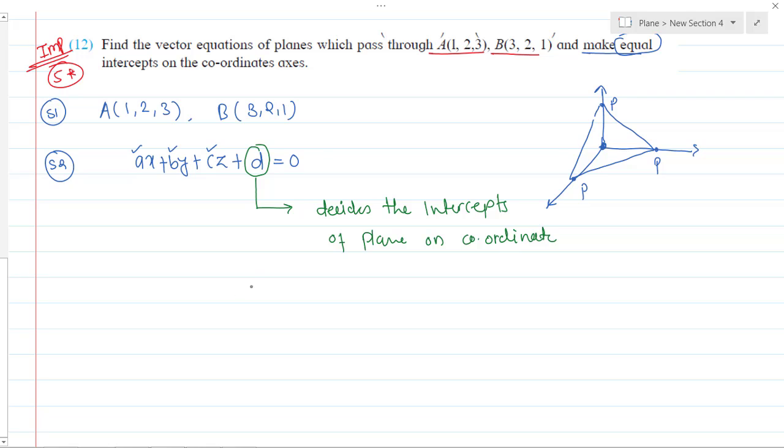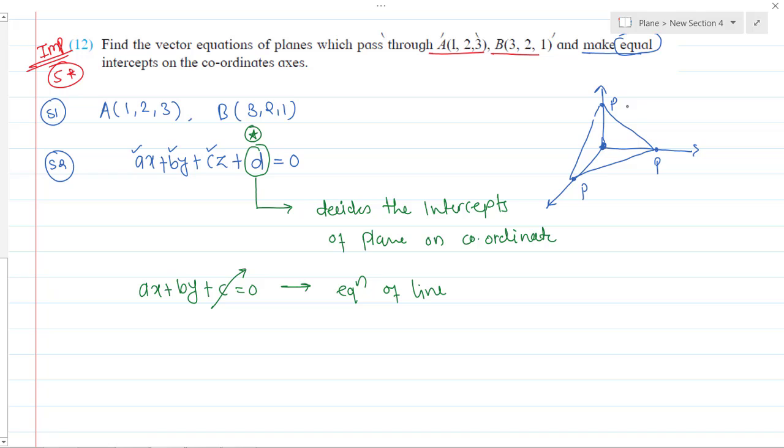On the coordinate axis. It is the same way that we have ax plus by plus c equals to 0. What is this? This is the equation of line. Yes or no? This is my equation of line. Ax plus by plus c, and what does c denote here? C denotes nothing but the intercept made by the line. In the same way, here we have the constant term d, which tells us the intercept made by the plane on the coordinate axis. Okay, so this is the new part I can say, but I have already covered this in one of my previous videos. Okay, so let's make use of this concept and let's try to find the answer.